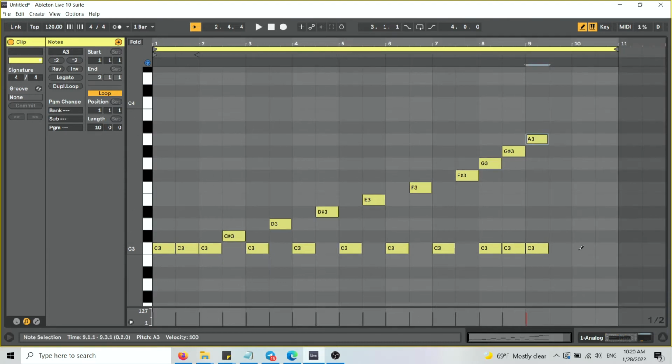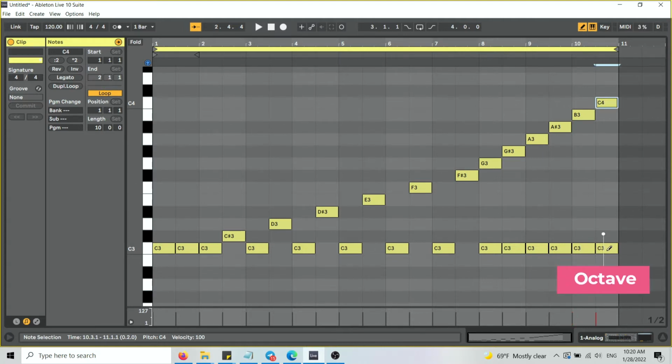And then we continue. Minor 7. Major 7. And now, here to here. Finally, we have concluded our journey. And we arrived at the same note, but an octave higher. And the octave